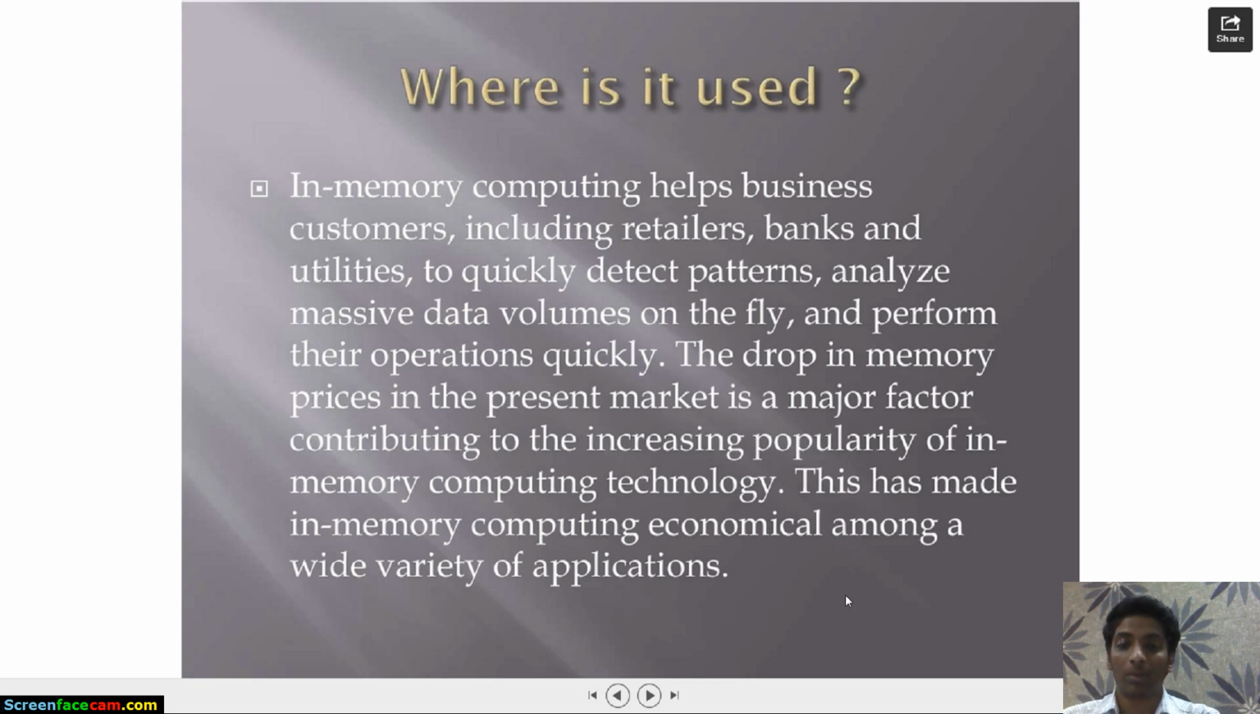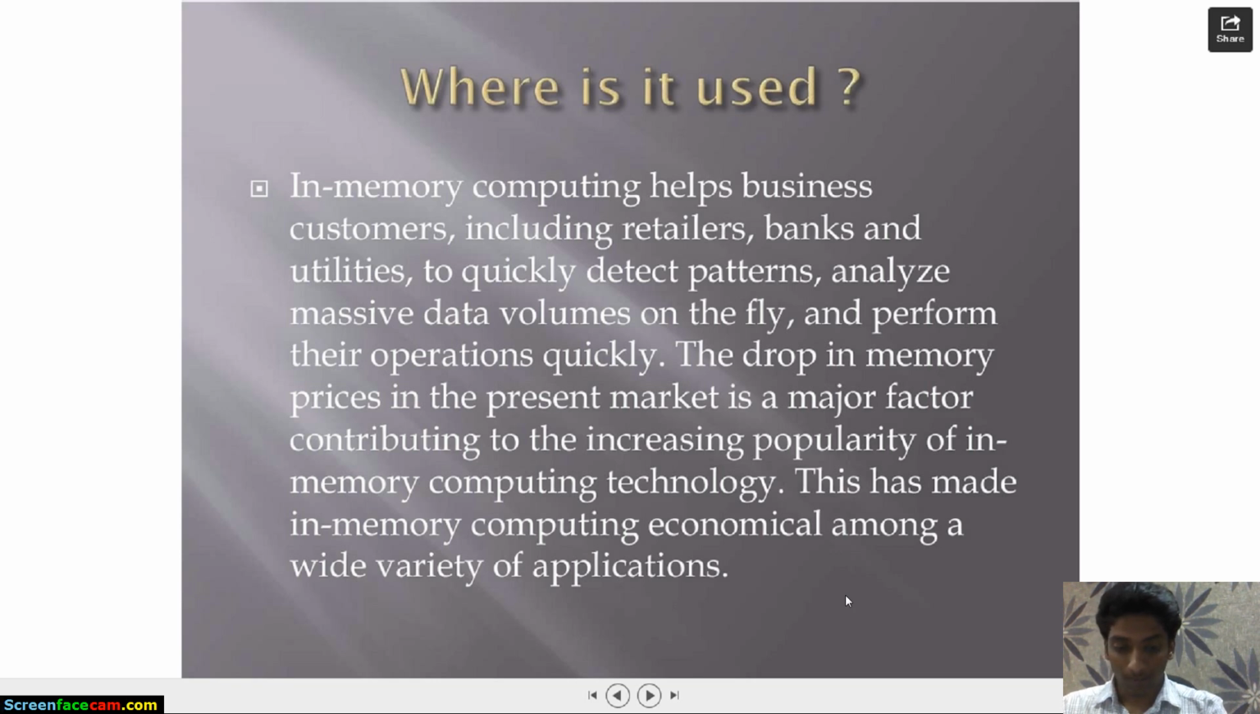Then the drop in memory prices in the present market is a major factor which is contributing to increasing the popularity of in-memory computing, as we discussed before. This has made in-memory computing economical among a wide variety of applications. So let's discuss a few applications where it is being used currently. In-memory computing